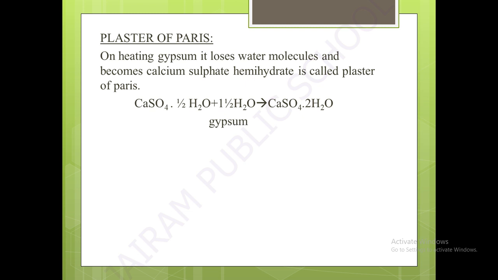We have studied indicators, olfactory indicators, universal indicators, everything, and what is meant by the term pH and the importance of pH in our day-to-day life, and the pH range of the soil, as well as the remedial measures if the soil acidity is more, meaning what type of basic material we have to add. We have also studied plaster of Paris, the water of crystallization, and some reactions between acids and bases. So this is the overview of this lesson. Thank you.